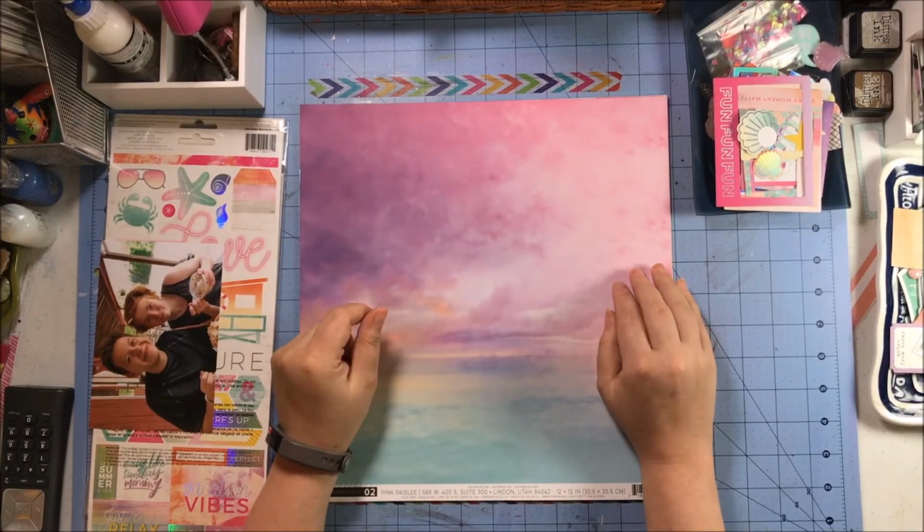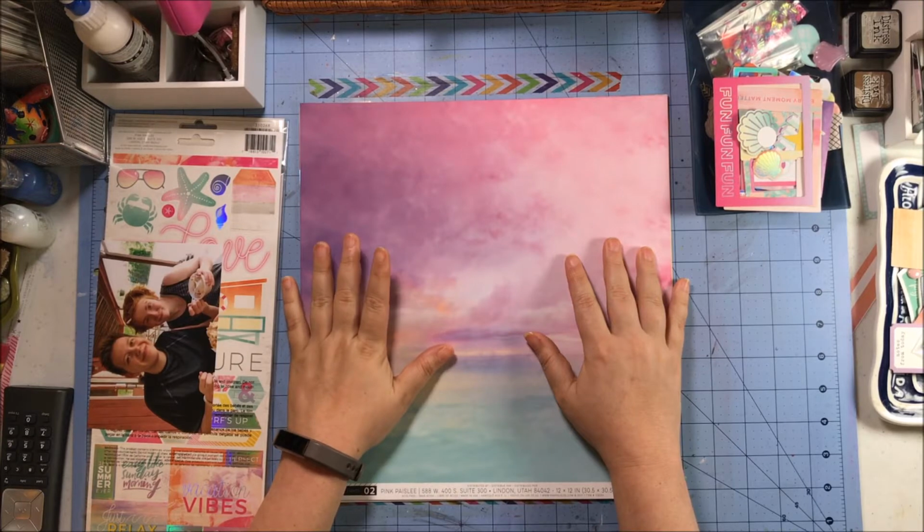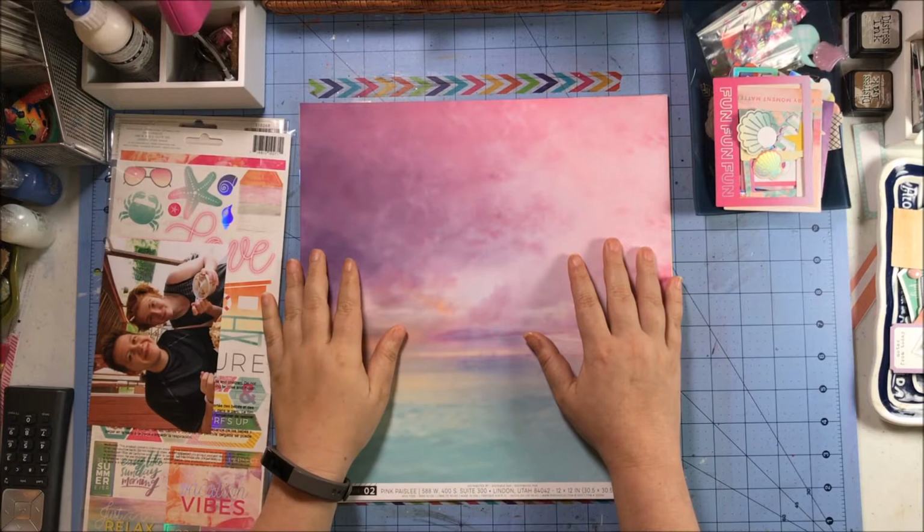Hey everyone, so I'm about to get started using my August 2017 Clique Kit featuring the Pink Paislee Summer Lights collection. I am going to be working with that sketch that was at the beginning of my video by